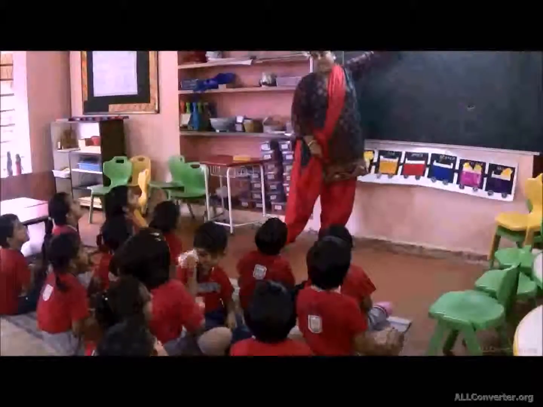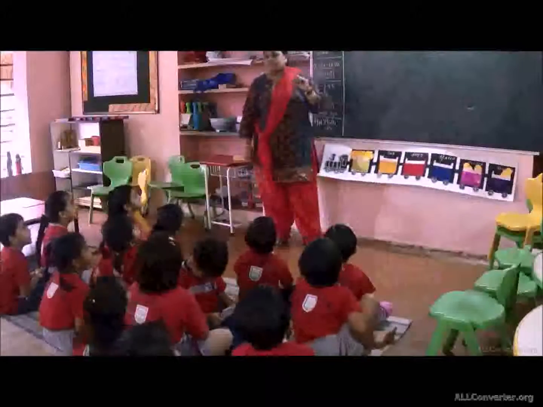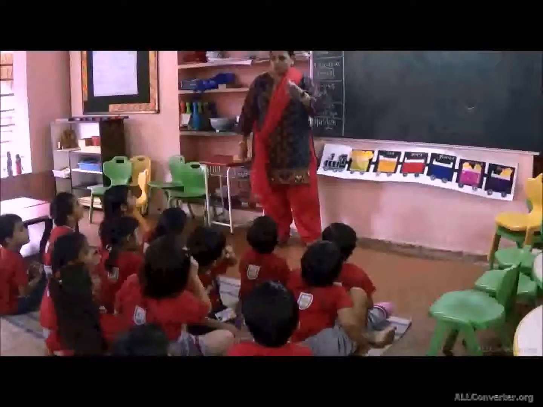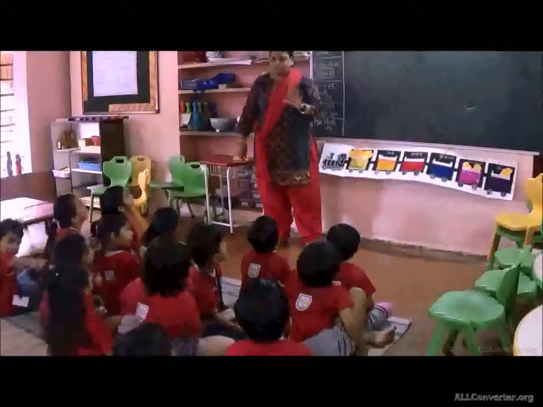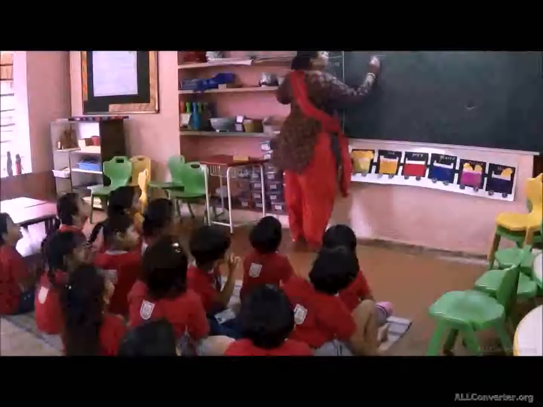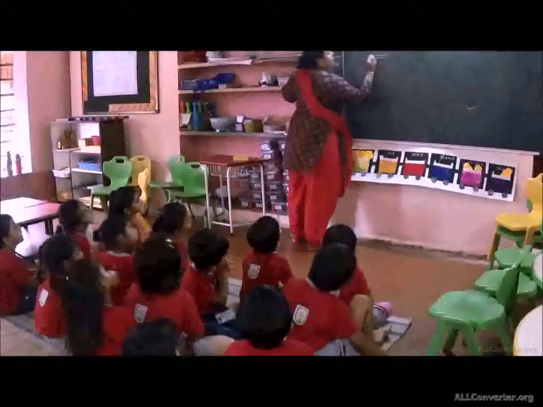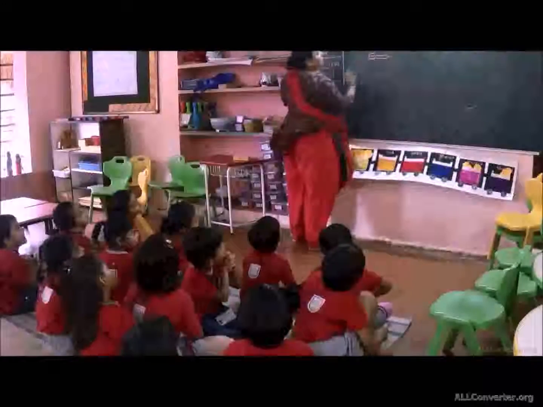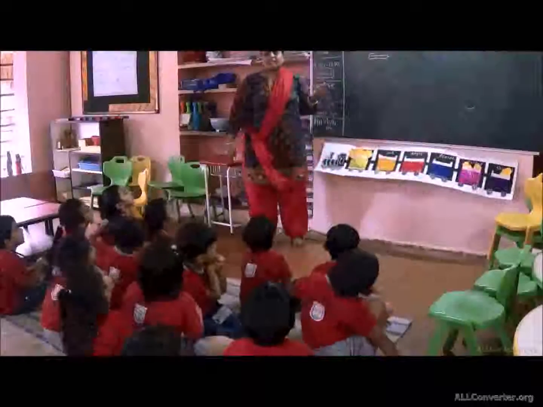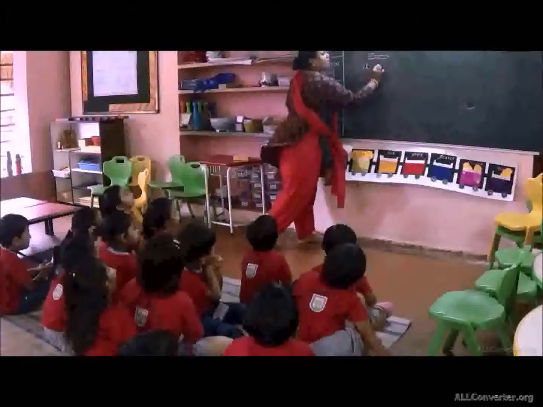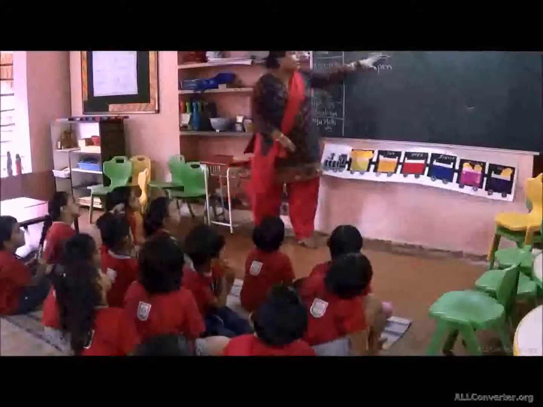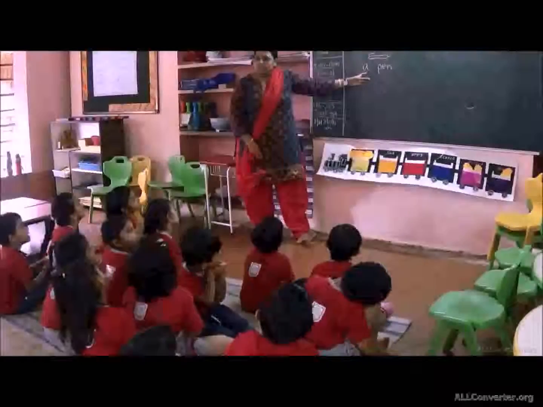What is this called? A. Where do we use this A? When there is any one object, then we use a. Like, suppose here I have drawn this. What is this? Pen. How many pens? One pen. So what will I say? A pen. Okay. If it is one, then I am using this a.